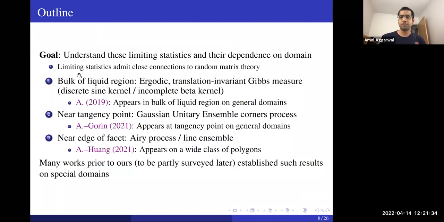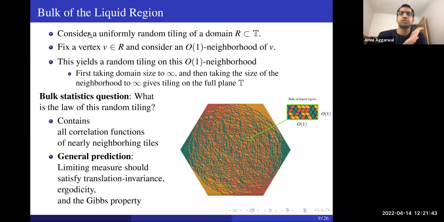So let me get more into specifics about each of these cases and what's known about them and what one can say about them. Let's first consider the bulk of the liquid region. We'll consider some domain R, which is a subset of the triangular lattice, and some uniformly random tiling of it. Next, we'll fix some vertex V in R, and consider some order 1 neighborhood of it, say some 10 by 10 box